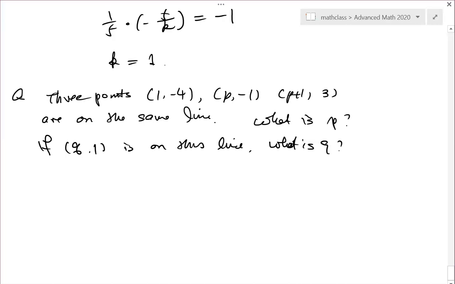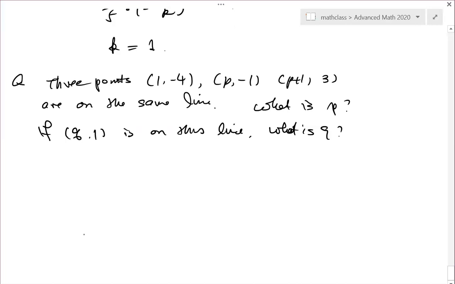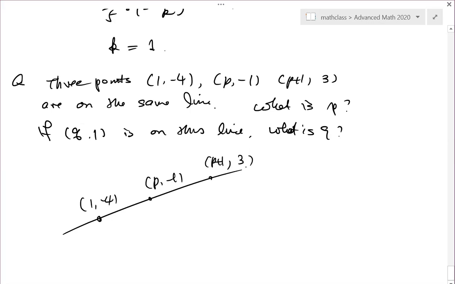So they are on the same line. So how do we... we don't know how to draw it? They should be on the same line. The points are (1, -4), (p, -1), and (p plus 1, 3). Okay. So that means